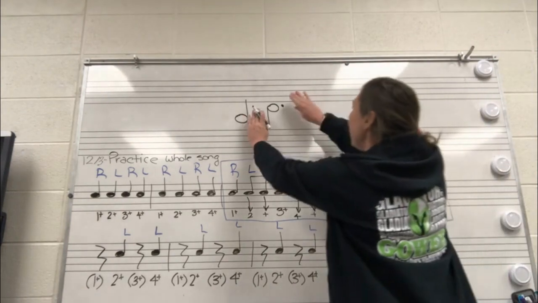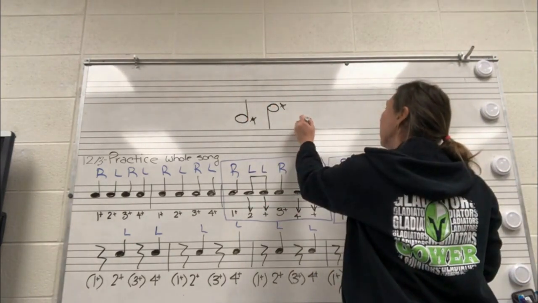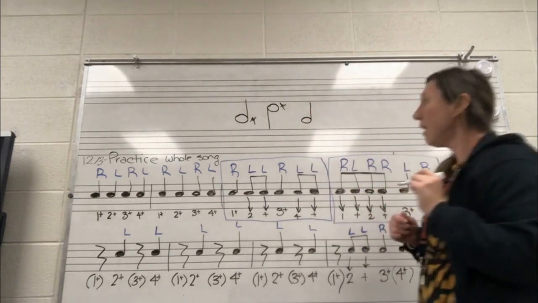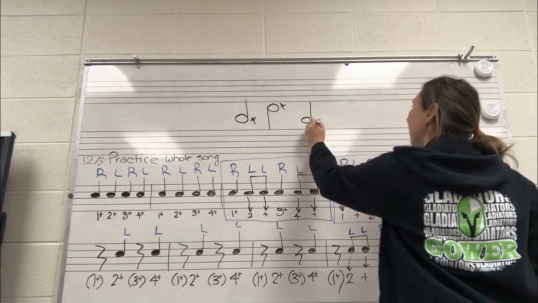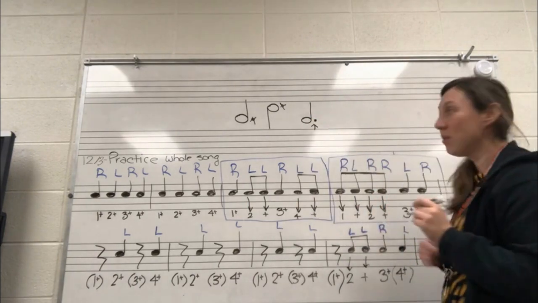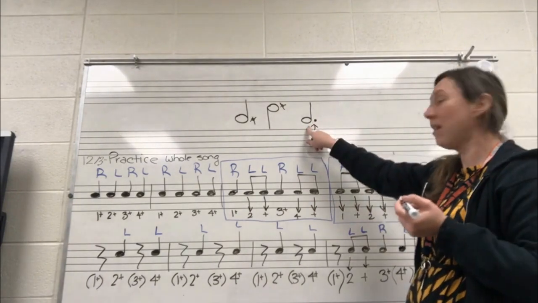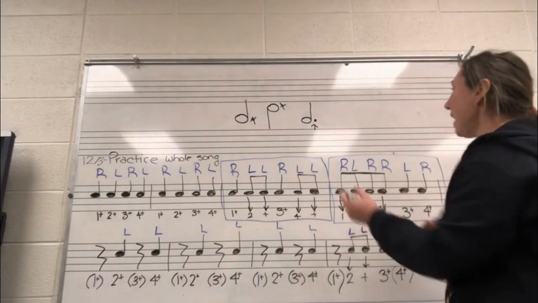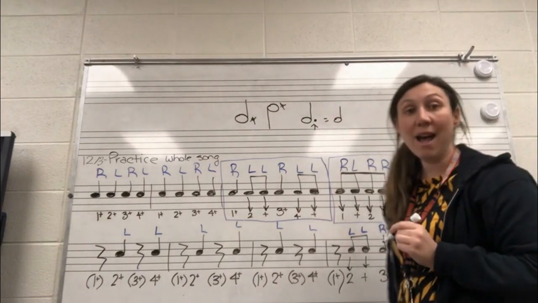So if we took away the dot, we would just have a half note. Adding that dot right there, or right here, you're going to add half the value of the note that it's by. So if we were to take a half note, and we were to cut a half note in half,